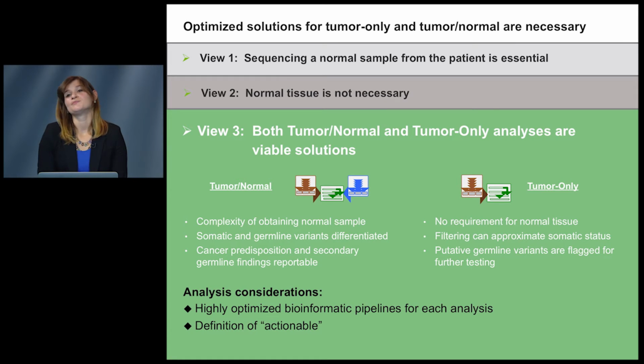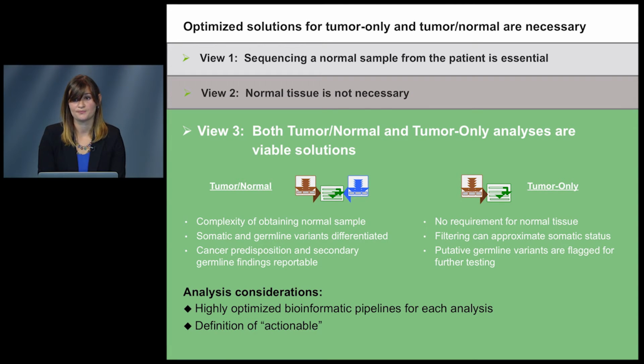So in conclusion, we offer a third view in the tumor profiling debate, where both tumor-normal and tumor-only analyses are viable solutions. When a normal sample can be obtained, it should be analyzed together with the tumor so that somatic and germline calls can be differentiated. Cancer predisposition and secondary germline findings can, and some should, be reported, but care must be paid to proper classification,